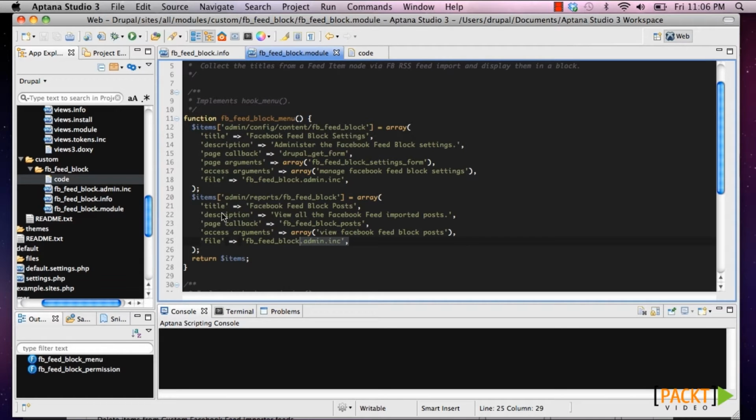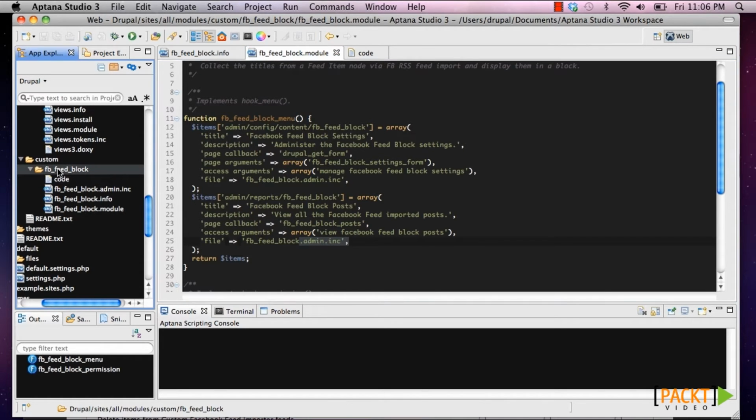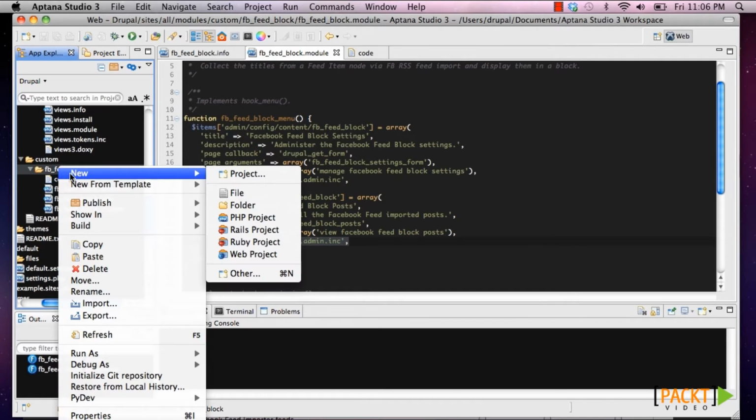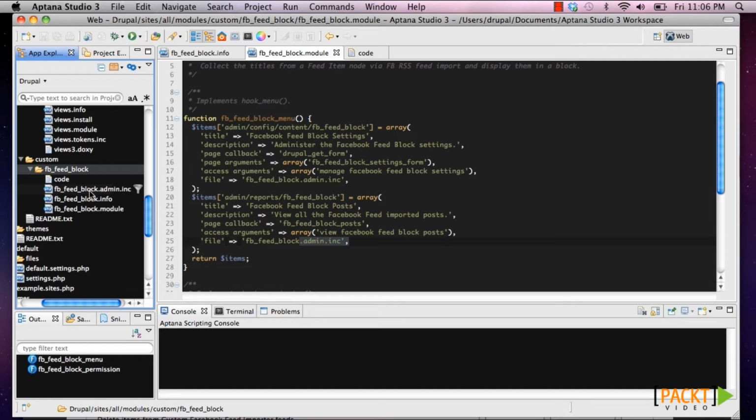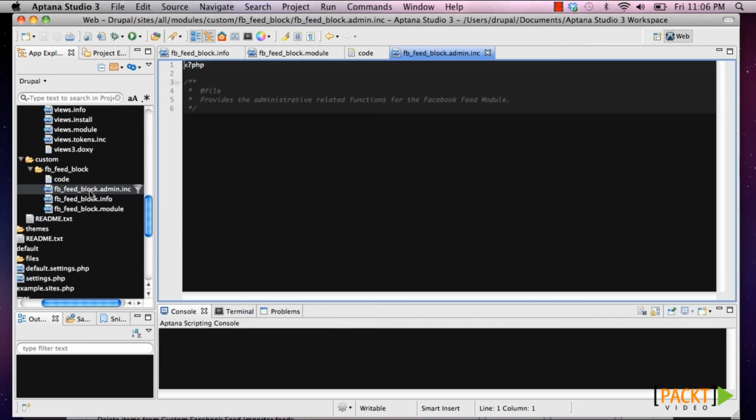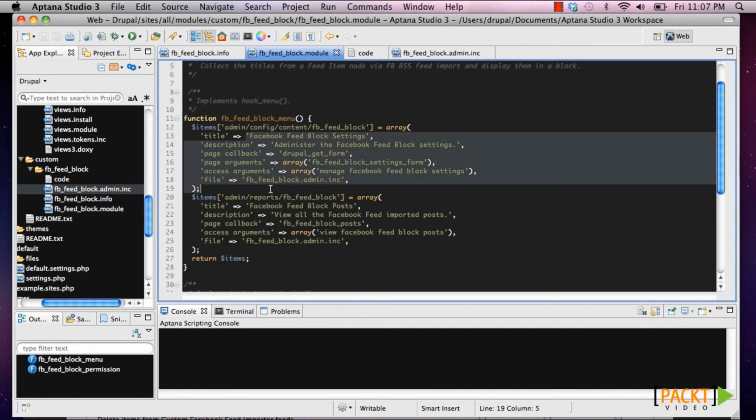In this case, we don't have any of those, so we're just going to put our administrative code into the admin.inc file. So what I did was I went ahead to my module and I created a new file, and you'll see this file here. It's called fb_feed_block.admin.inc. Currently, there's nothing in here except an opening PHP line and some commenting. This commenting tells us that we're going to provide all of our administrative related functions in this file. So all of the admin functions that we're going to write based on this hook menu, they're going to go